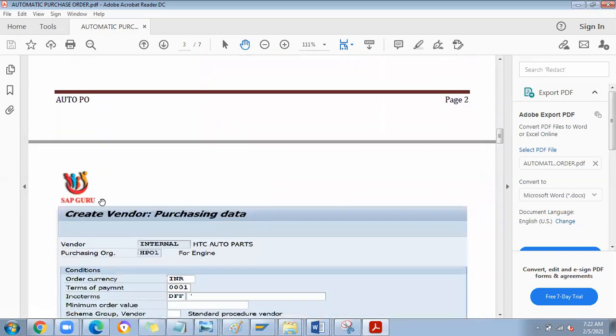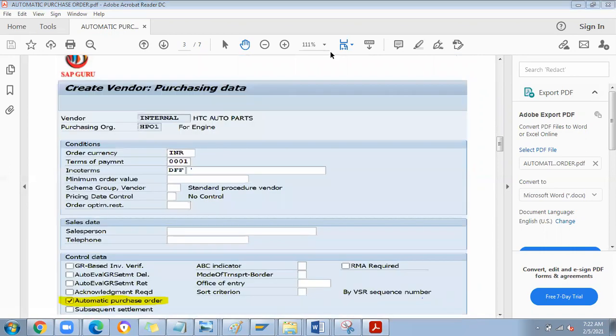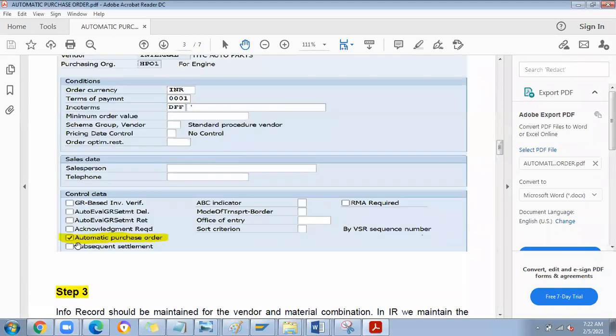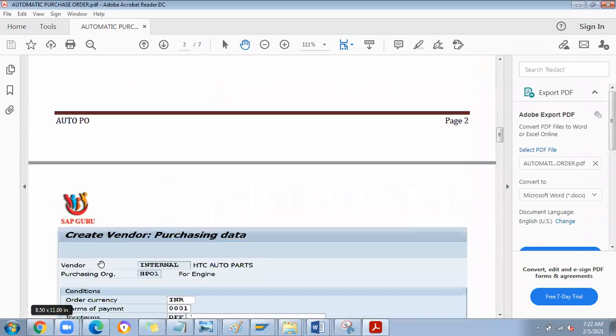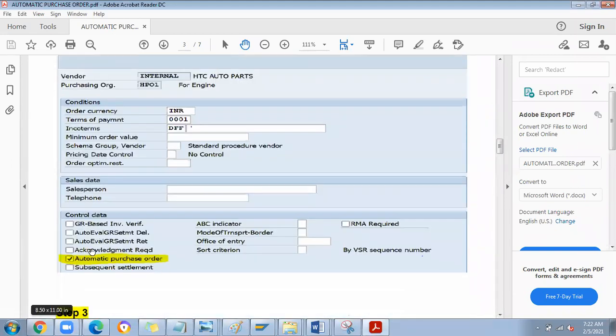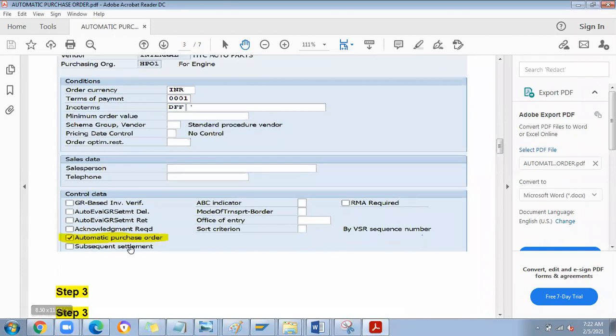In the purchasing data view we have the checkbox automatic purchase order to be checked. Material Master purchasing view has a checkbox, and vendor master purchasing data has a checkbox. The two checkboxes are there.